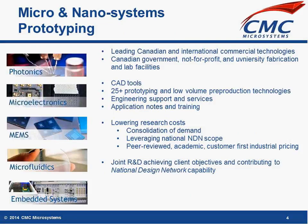CMC is about making things. From design to manufacturing, we have capabilities and skills through our partners, from photonics, microelectronics, MEMS, microfluidics, and embedded systems. In addition to offering these technologies through leading Canadian and international commercial suppliers such as Micralyne, we also offer, in parallel, access to Canadian government, non-profit, and university fab facilities,